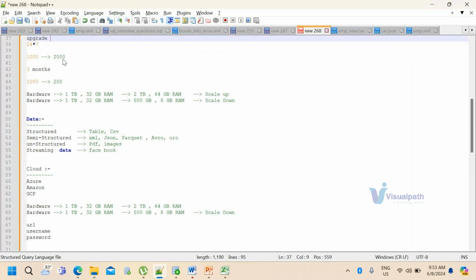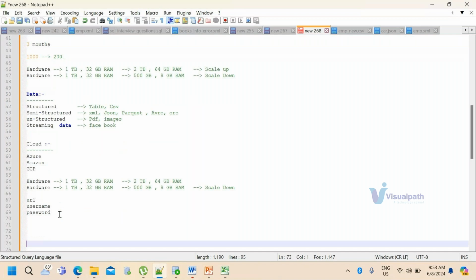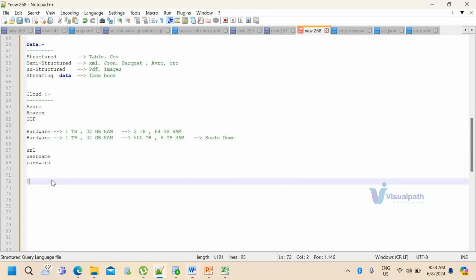What are the disadvantages of on-premise? You have to purchase the hardware, you have to purchase the software, you need to do the maintenance activities, and the server should be up and running 24/7. There's a lot of cost involved. But in the case of cloud, if you used your system for 5 hours, you have to pay only for 5 hours. You pay only for the services that you have consumed.